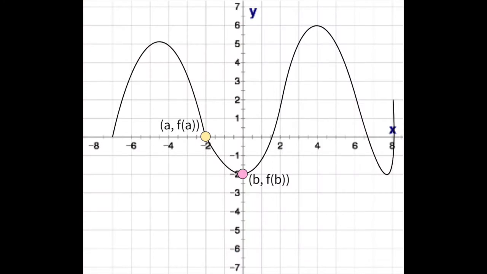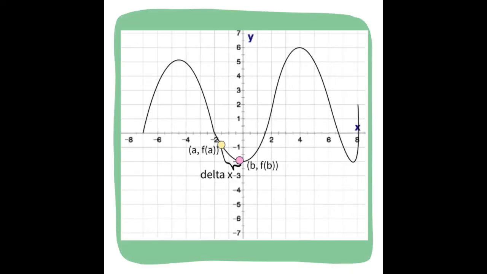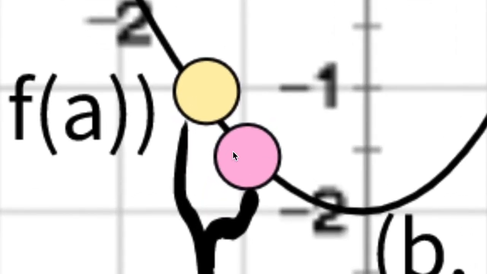Remember when I said we need to send this equation to its limit? This is because we need to get the rise and run to get the gradient. But since the graph is curved, we make delta x the smallest it can be by sending it to its limit, so that when the graph is expanded, the 2 points (a, f(a)) and (b, f(b)) lie on the graph and still make a straight line. So (b, f(b)) is sort of an imaginary point that is so close to (a, f(a)) just to guide us finding the gradient. Now we write the limit sign in front, sending delta x or h to 0.